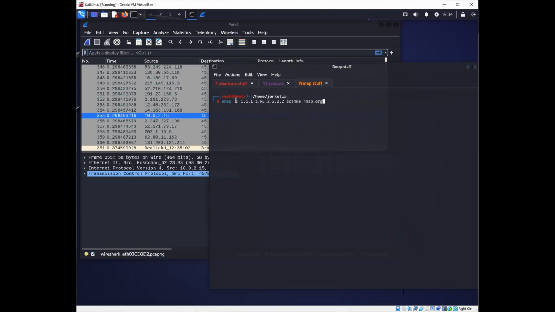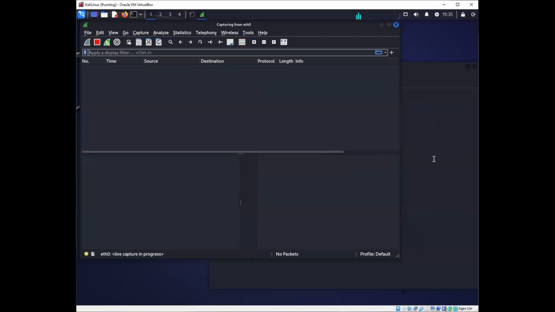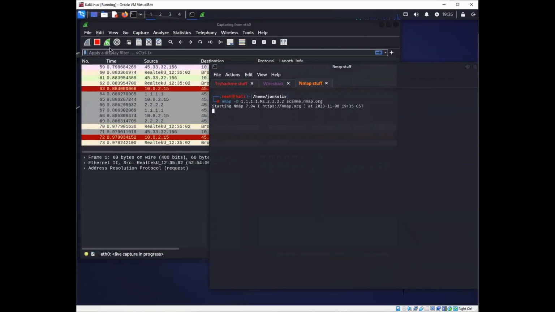So right here is a very simple decoy scan command from Nmap. You do -D and then you select your IPs. So we're going to do 1.1.1.1, my IP right there, and then 2.2.2.2, and then we're going to scan scanme.nmap.org. So when I do this, we should have 3 IPs pop up. This one, mine, and this other one. So let me start this scan, and stop it,